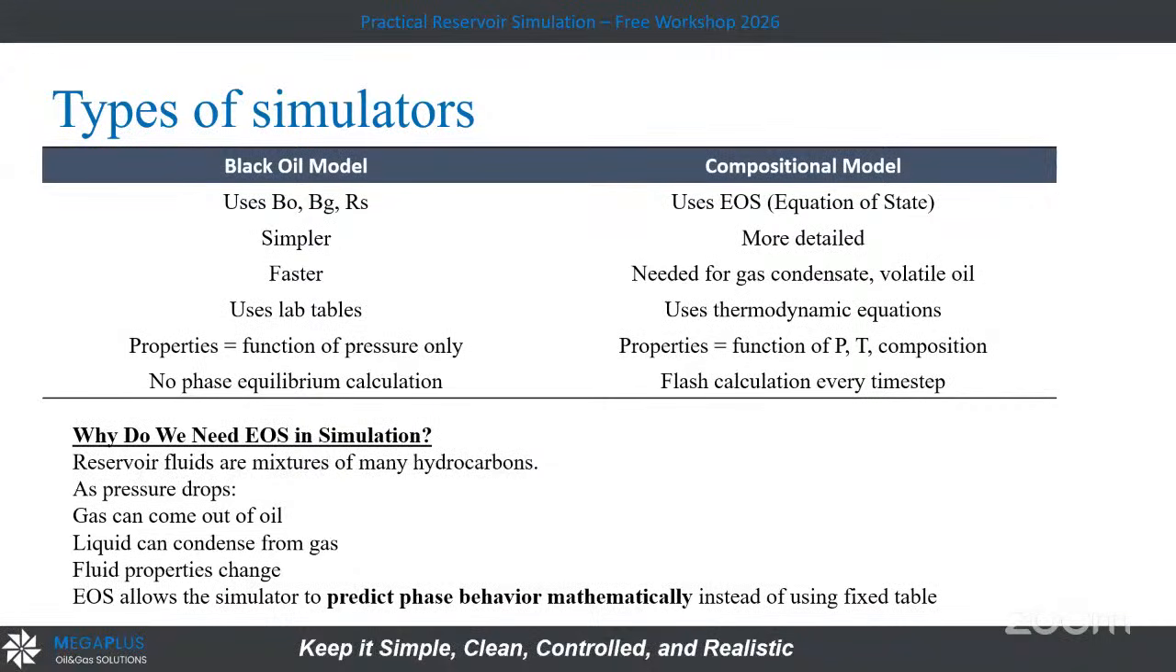We can use it in gas condensate or volatile oil, but it's very popular in gas condensate reservoirs. That is the properties as a function of pressure and temperature. Why do we need the equation of state? We need it because the reservoir fluid is a mixture of many hydrocarbon components like methane, ethane, propane until C7 plus or C10, maybe C14 or 15. So when the pressure drops, what will happen? You will see that these components will change